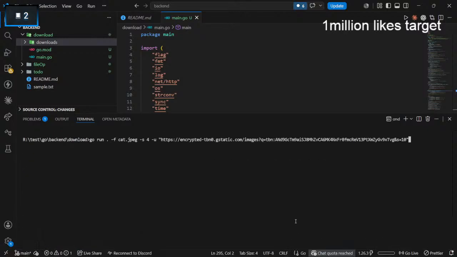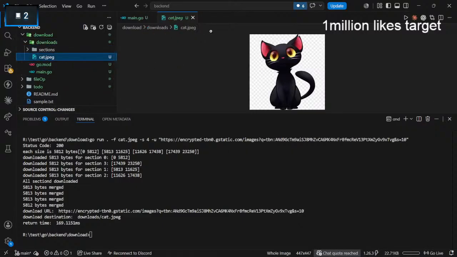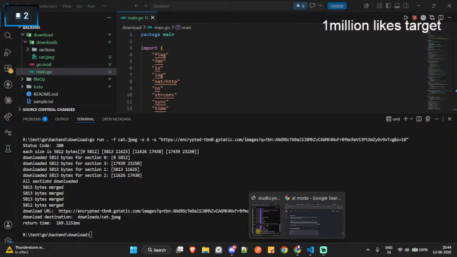Pigeon fcat.jpg and ss24. The first section or a bit of... Oh, we got something. Oh, nice. Can it really download anything?